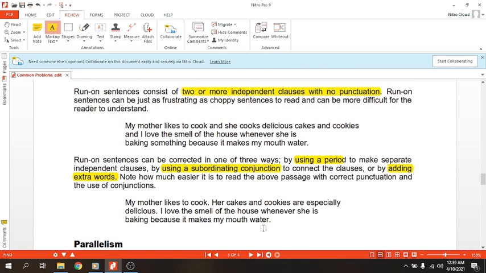Of course there are other ways to change this sentence ya. Tidak harus seperti ini yang disarankan ya. Bisa kalau saya pakai yang lain memang boleh, tapi kalau ini mungkin lebih kayak ke ahli ya. Kalau yang beginner mungkin pikirannya kayak gini aja, my mother likes to cook, koma ya, koma karena ada kata and.